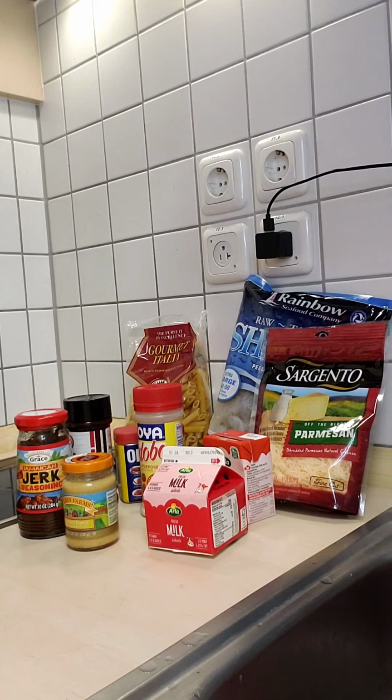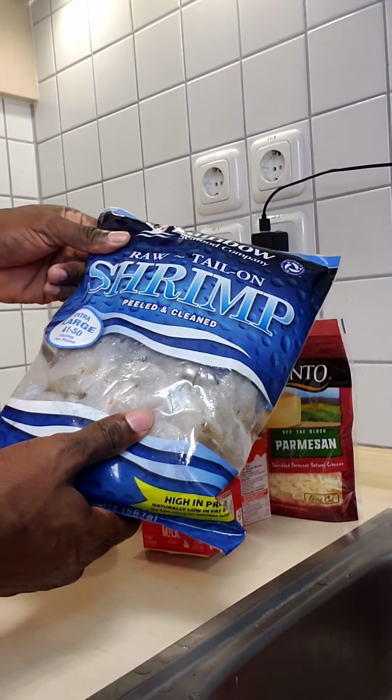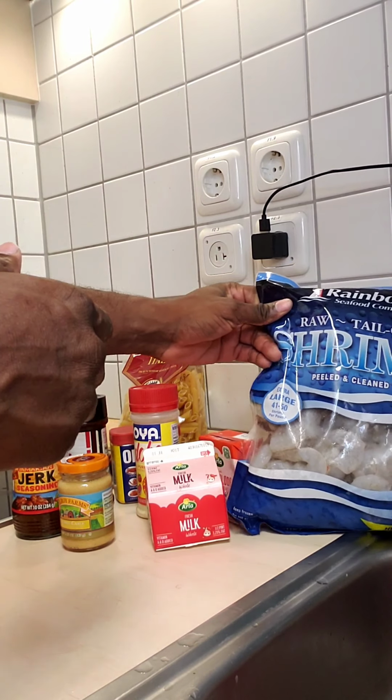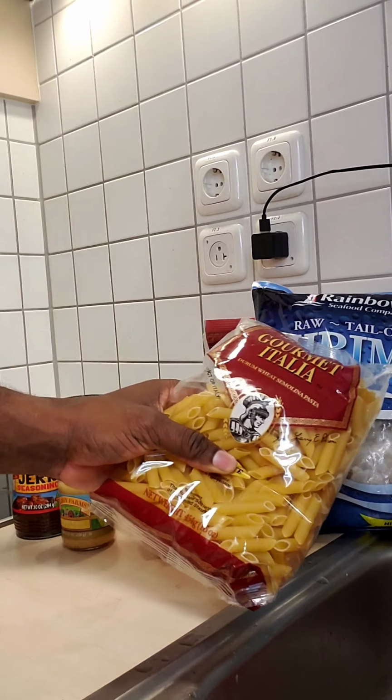So let's go in the kitchen to cook shrimp Rasta pasta, okay? For shrimp Rasta pasta today, we're going to need definitely our shrimp. We're going to clean these and remove the tail from it, and use vinegar also when we're washing it. For pasta, of course,